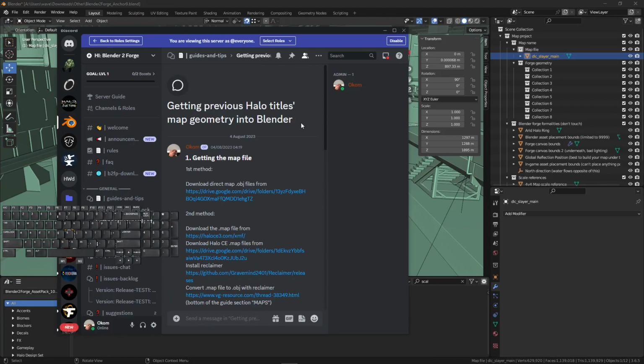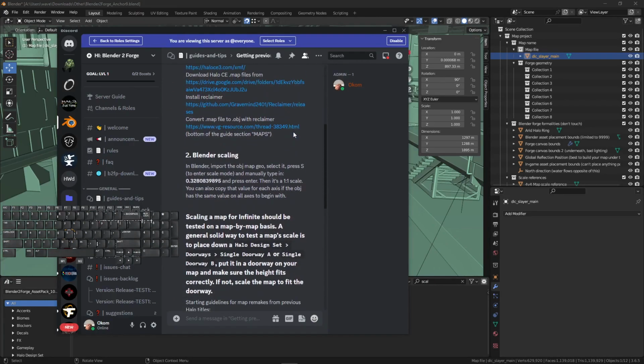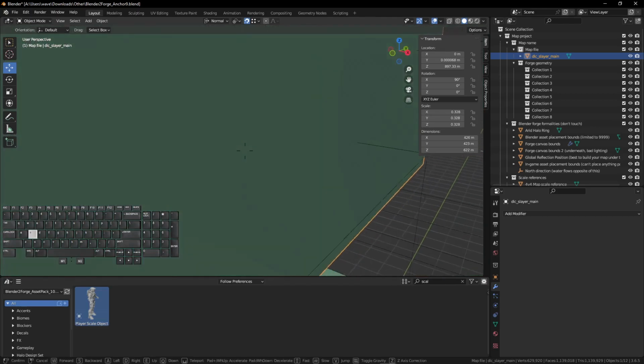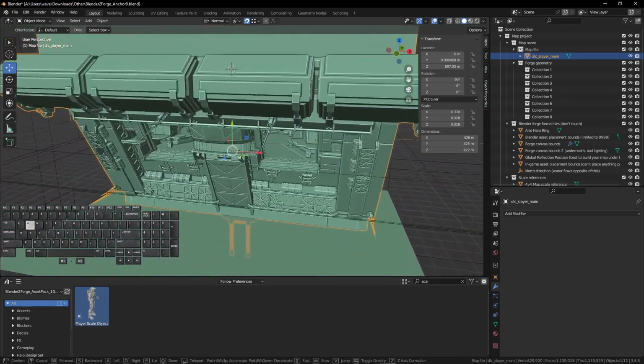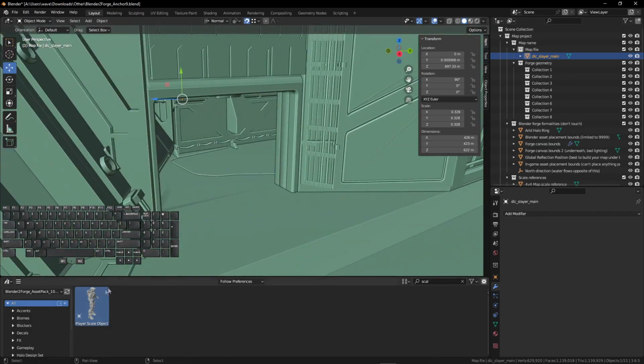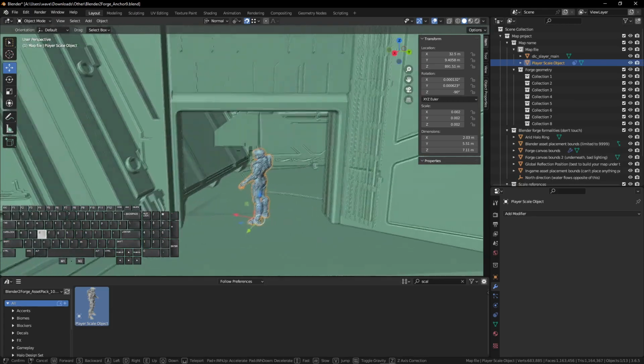For a 1:1 scale, we can use this value that is found in the helpful post on our Discord here. And we will head over to Blender, select the map file OBJ itself, head over to Scale, drag across these values so they will all be selected, and paste in the value. This will make the map about 3 times as small. So now if we check the scale with a Spartan scale here,